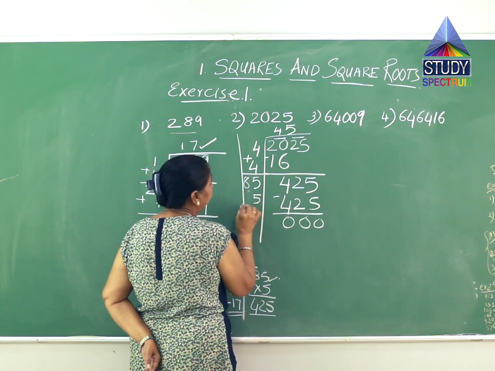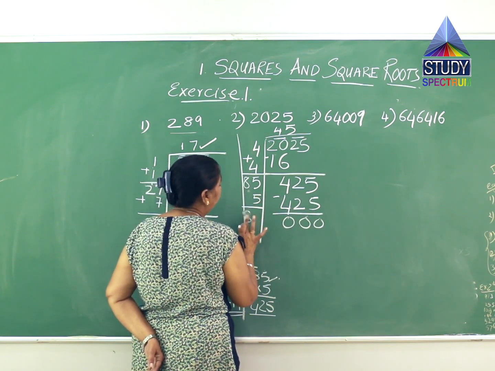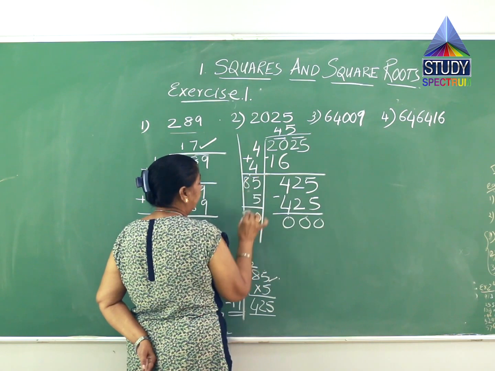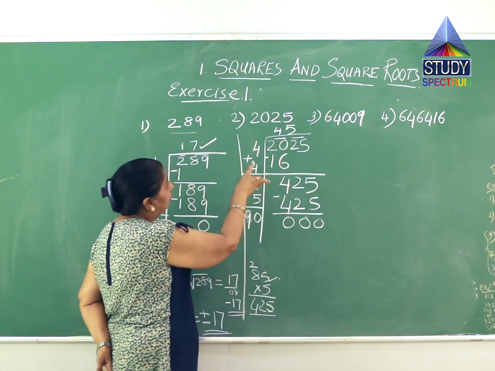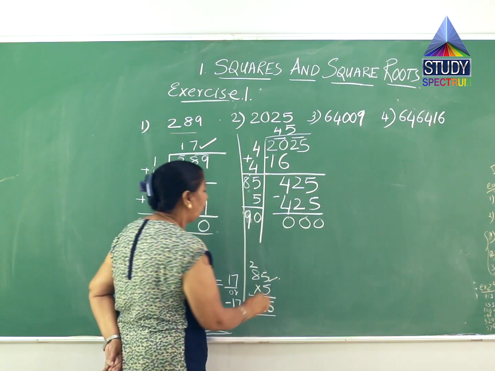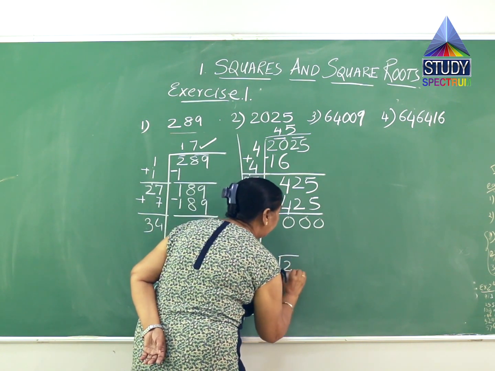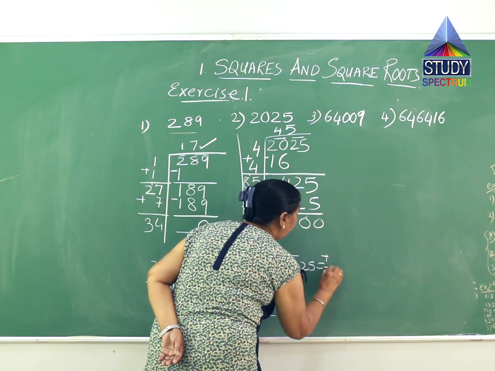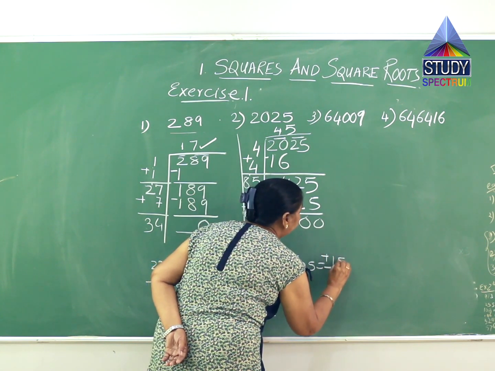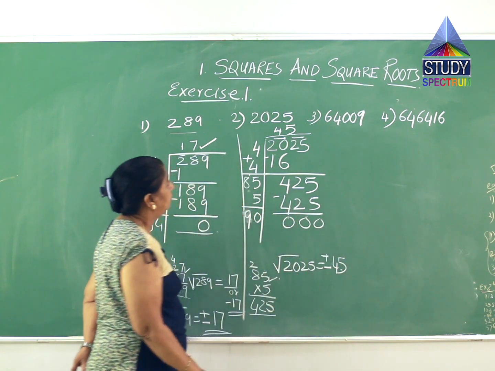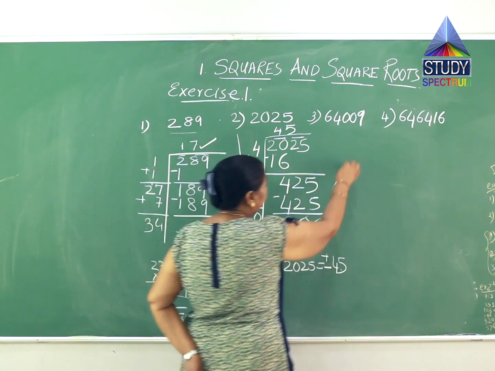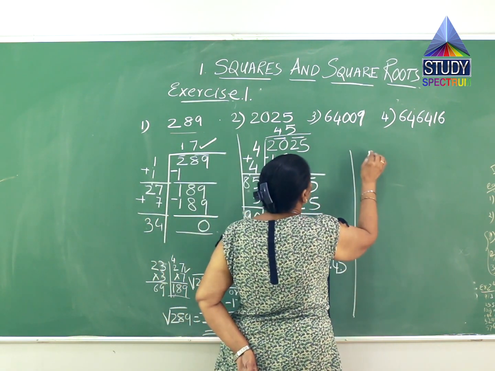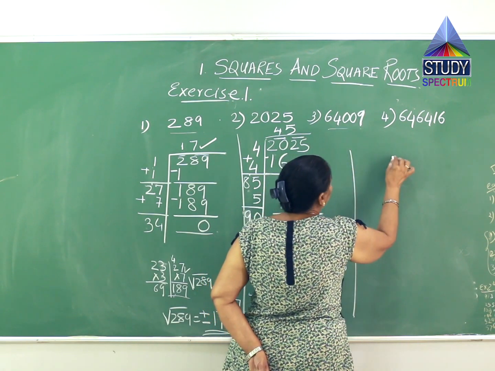So I have to add this 5, and now 1 carry 9. From this I can make out that root of 2025 is equal to positive or negative 45. Now third example, that is this number